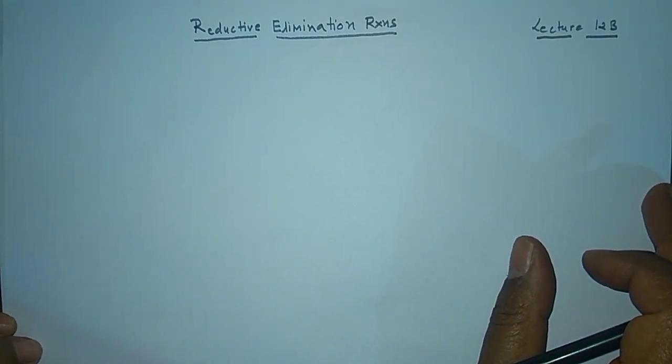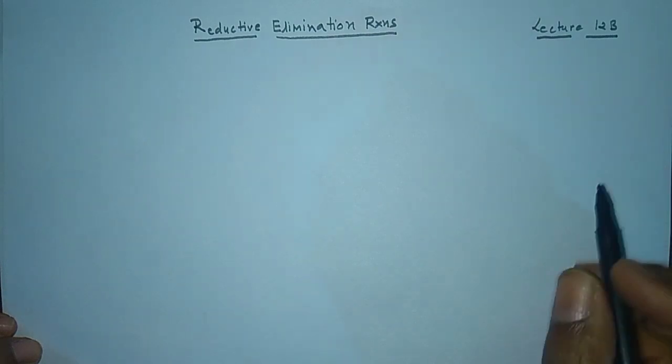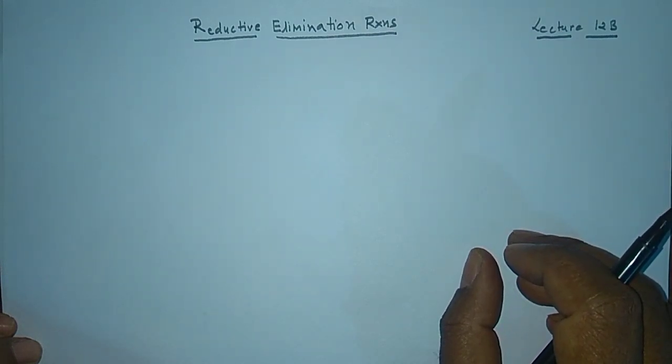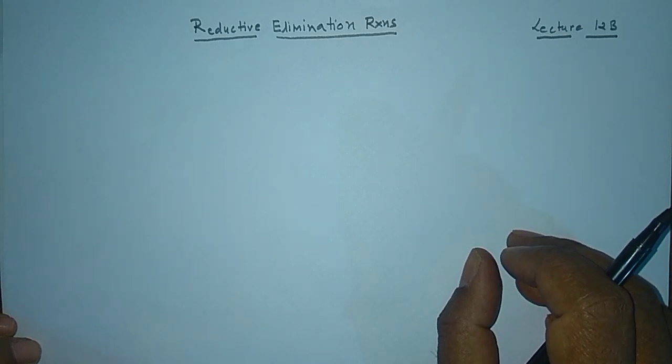So guys, in the continuation of the organometallic lecture series, today I am going to discuss a very important reaction of organometallic compounds, and the name of the reaction is the reductive elimination reaction. This is my lecture number 12. If you remember, in my last lecture I explained the oxidative addition reaction. Reductive elimination is just the reverse of that, and the concepts used in it are not many, only two or three things you have to understand if you want to learn this reaction.